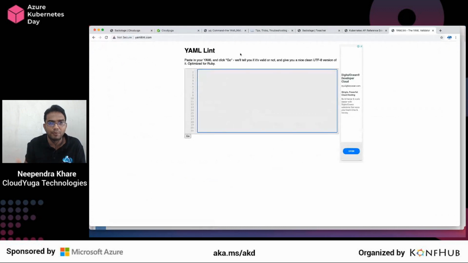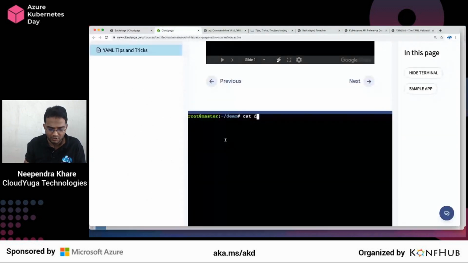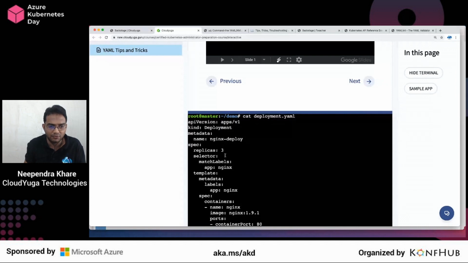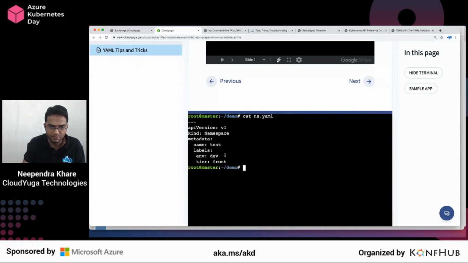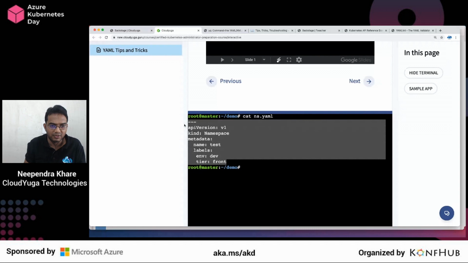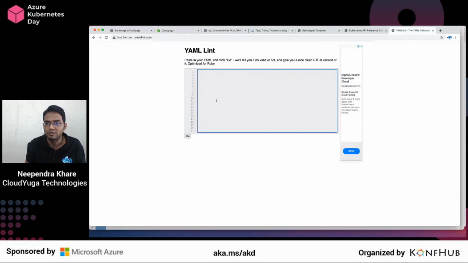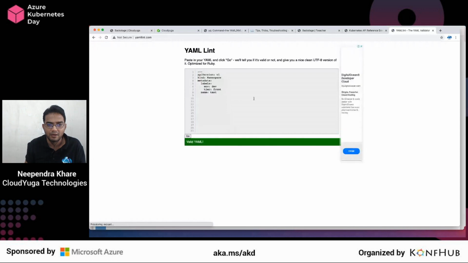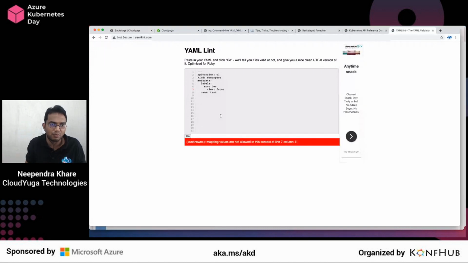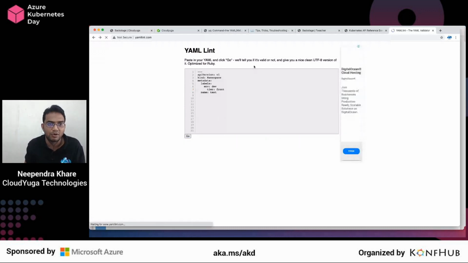Here you can copy paste your YAML configuration, maybe a simple namespace one, and check whether that YAML file is good or not. As you can see, it would work. It looks fine, but for example, if I change the tab or the spaces here, it's going to give me an error. So you can use some of these tools to verify whether the YAML content you have is good or not, right? That's one of the things you can do.